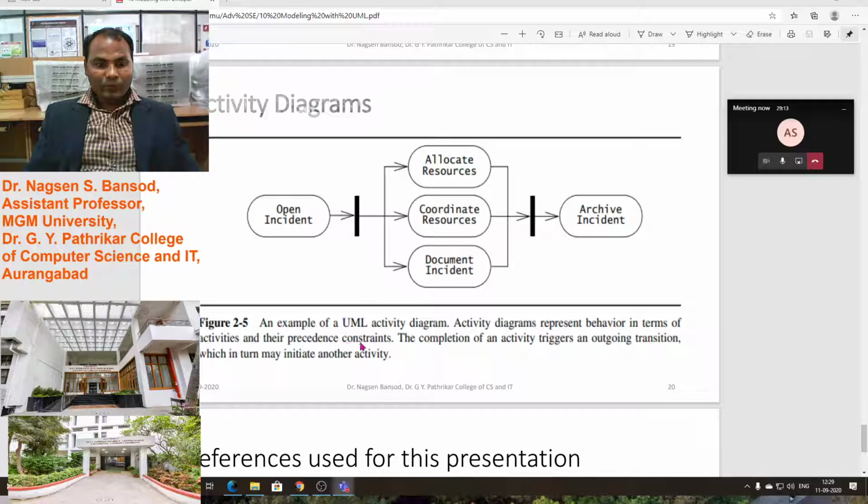An example of a UML activity diagram. Activity diagrams represent the behavior in terms of activities and their precedence constraints. The completion of an activity triggers an outgoing transition, which in turn may initiate another activity.